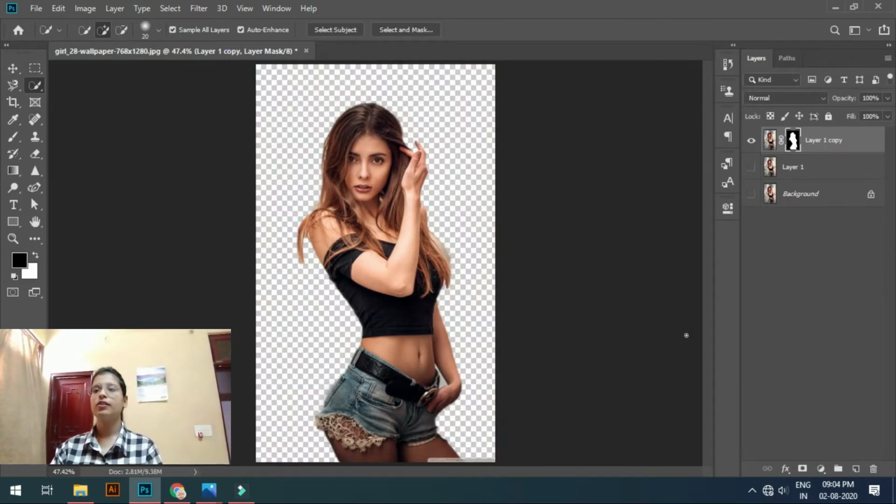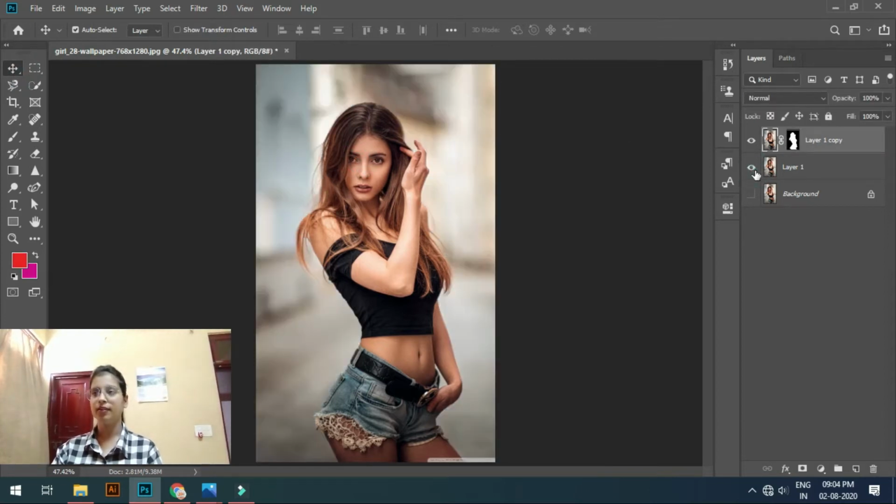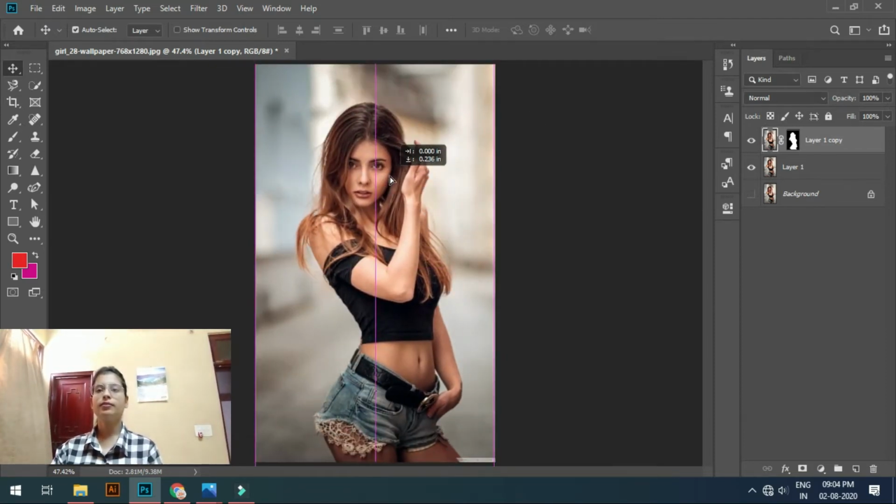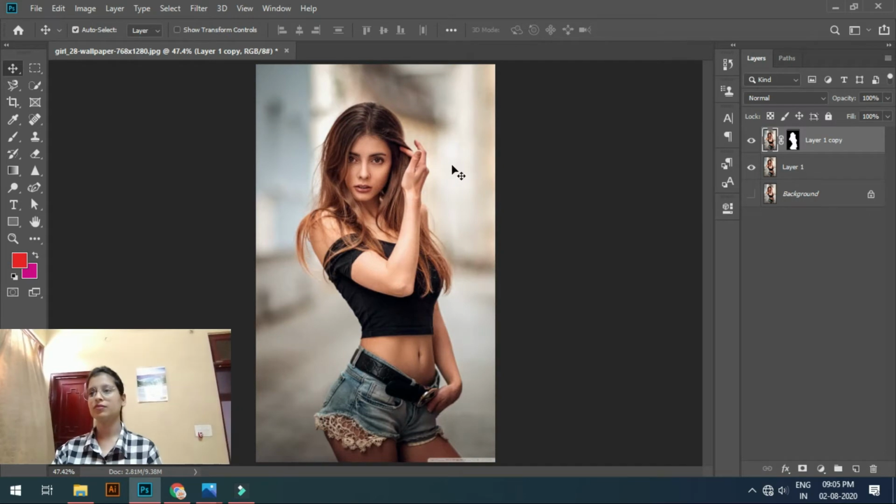So you can see that the girl is there, and in a different layer. Okay, so we take this. Now you can see that it's like removing. Take a background image.